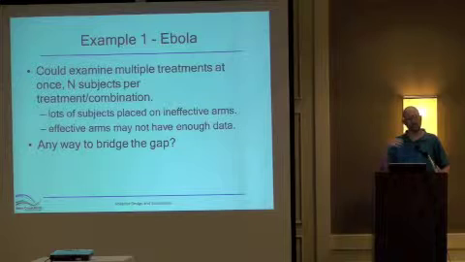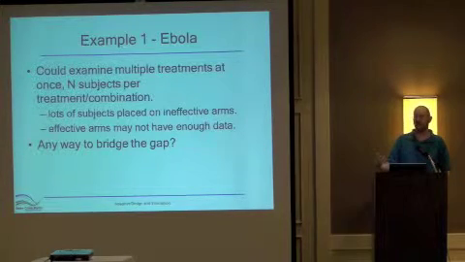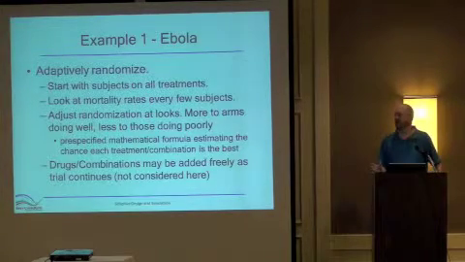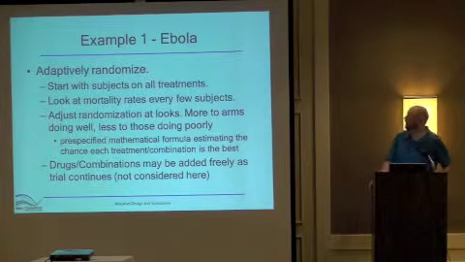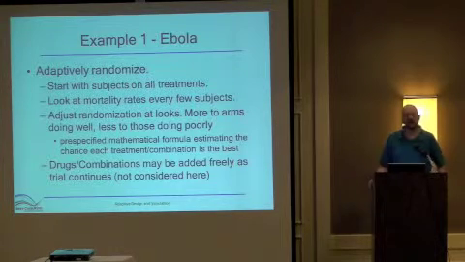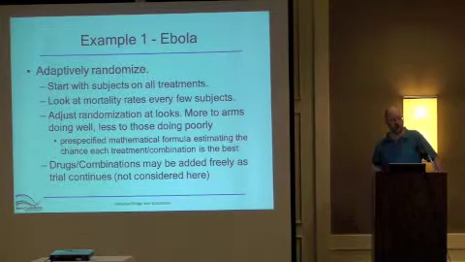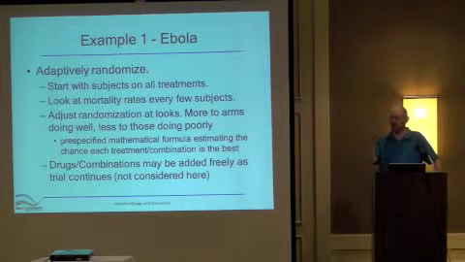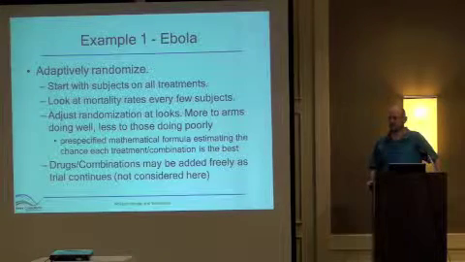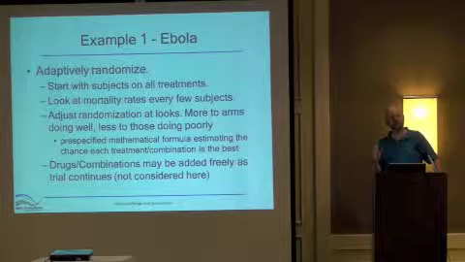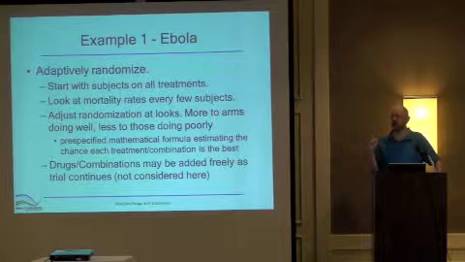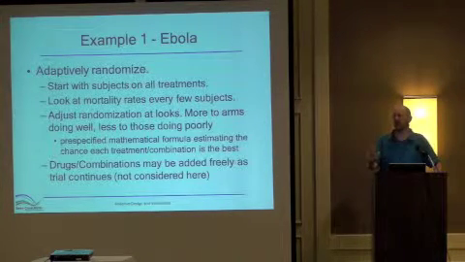Can we start with all of the treatments, all 10 arms in the study, and focus our effort as we go forward? So we did this, and this is again a design that did not get run, now sitting on a shelf somewhere. We adaptively randomized. We start with some subjects on all of the treatments. So there are a few patients on all 10 arms. We actually only do 3. After that, we look at the death rates. For the doses, arms, and treatment combinations that are doing well, we allocate a few more patients to those,